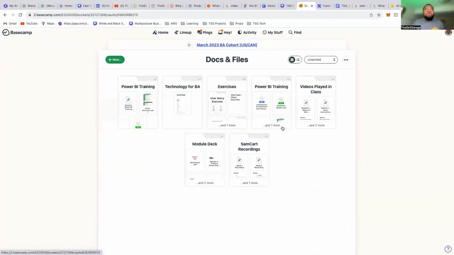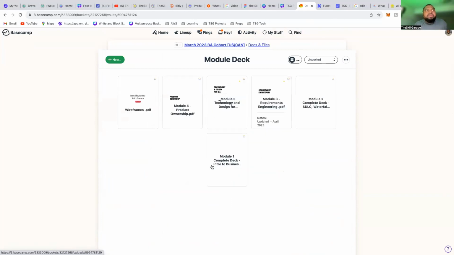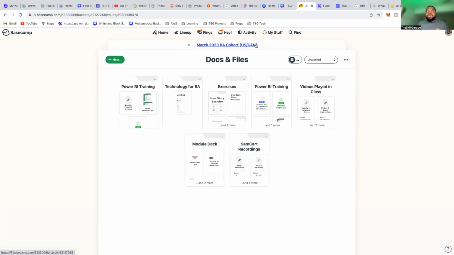You see that? So we can go in here and they can see all the module decks. You see all the things that I taught you, they are in modules. They are big modules. The module 1, module 2, module 3, they can see module 4, product ownership. We teach them product ownership as part of the BA course because I'll tell you about that. Product ownership, wireframes, and they will do Jira, Confluence, and all of that. Everything is here. They can get them. So they can manage. I don't need to build that first.